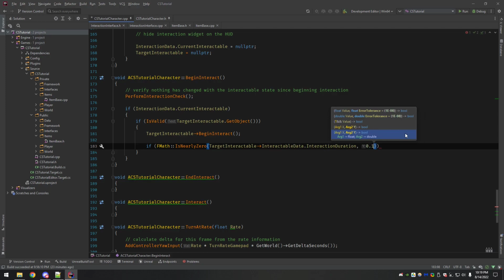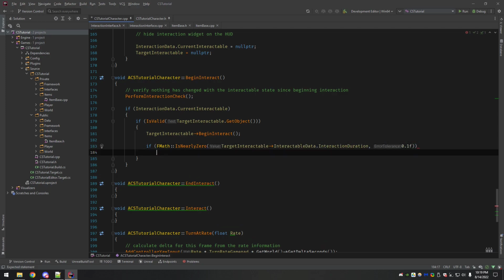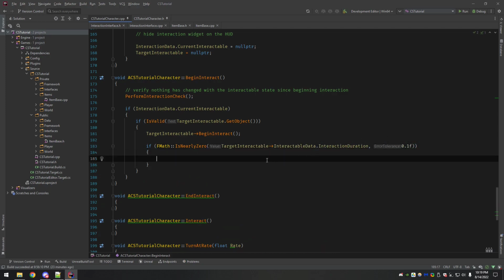We'll put it at 0.1 float. Now the reason for that is 0.1 is really fast. That's what our line trace is being shot out at, 0.1 second intervals. With an interaction time that short, it's really kind of pointless. Why even bother? It doesn't add anything to gameplay. Even 0.2, honestly, even 0.3 doesn't really matter.